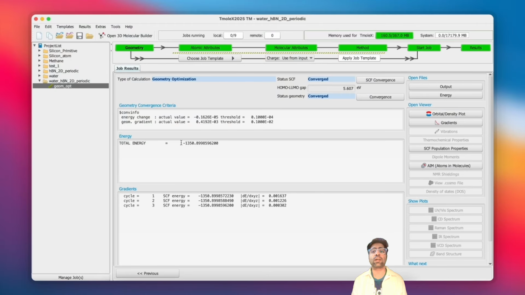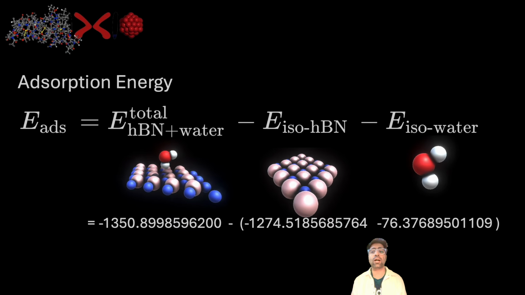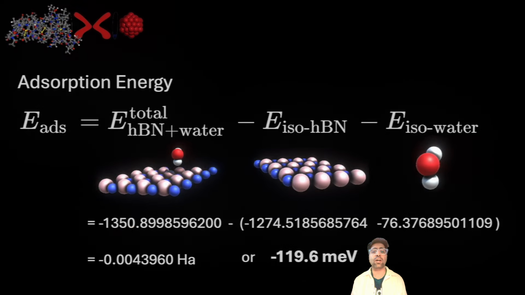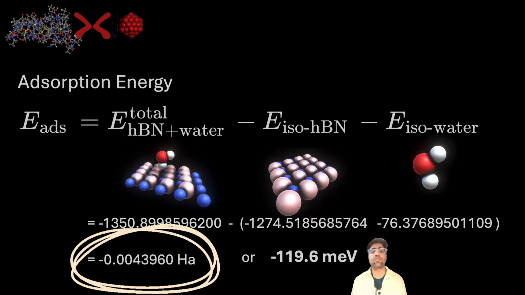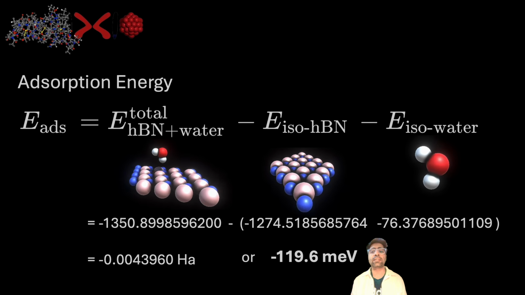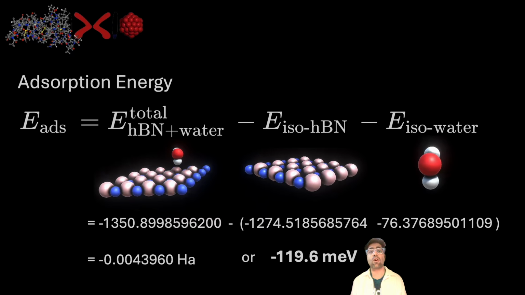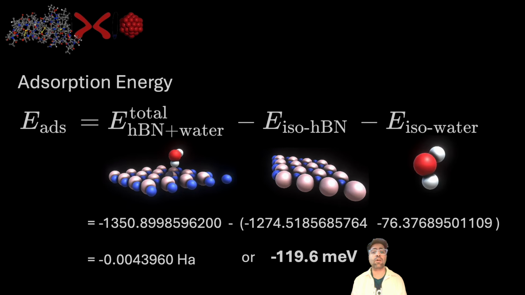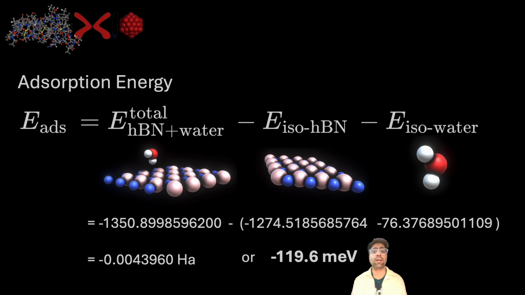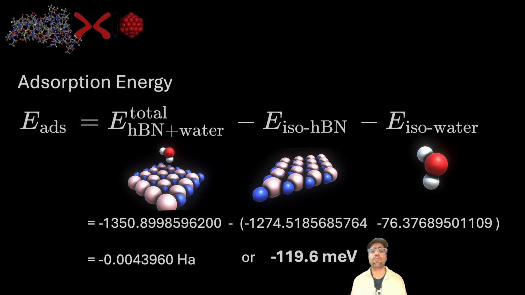We'll note the total energy and plug all the energies we obtained so far in the formula to get the adsorption energy. We get an adsorption energy of negative 0.00439 hartrees. The negative sign indicates that the adsorption is favorable or exothermic. If we convert it to millielectron volts, we get a value of negative 119 millielectron volts, which is higher than